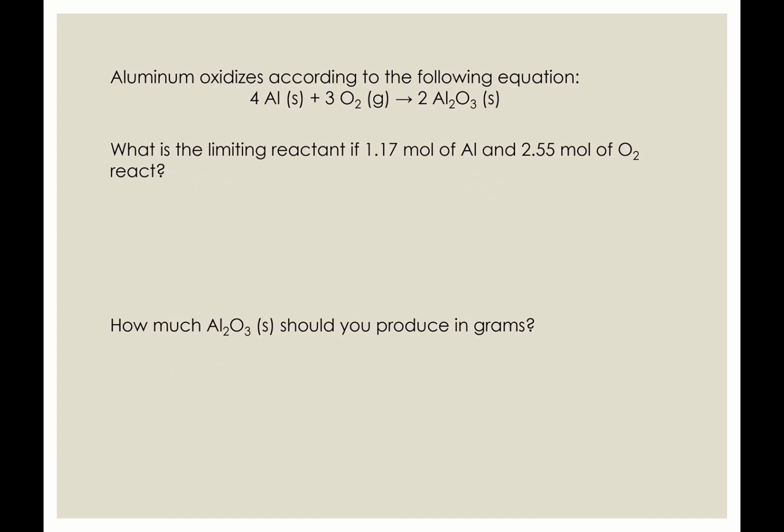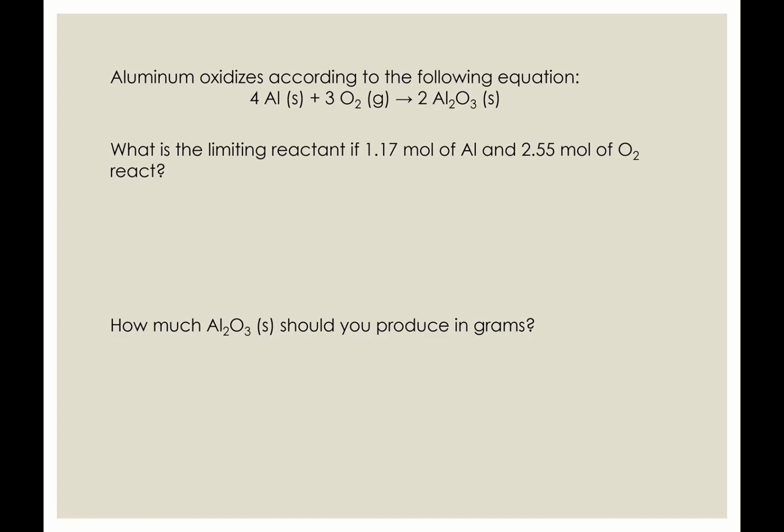So in this reaction, we're told that aluminum is going to oxidize through the reaction between aluminum and oxygen. We want to first identify the limiting reactant if 1.17 moles of aluminum and 2.55 moles of oxygen react. Now you might see that we have a smaller quantity of aluminum than oxygen, and you might believe that because we've got a smaller quantity of aluminum, well, obviously that's going to run out first